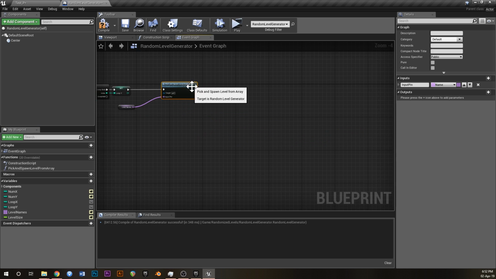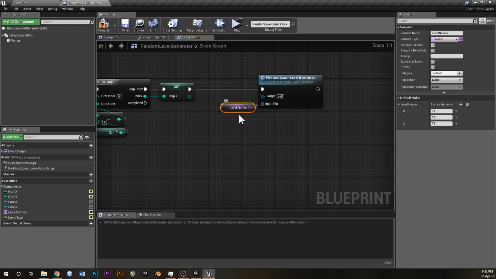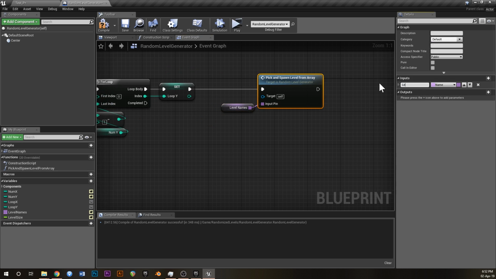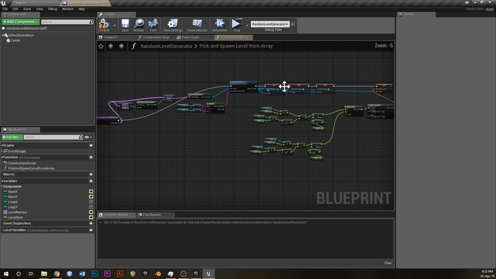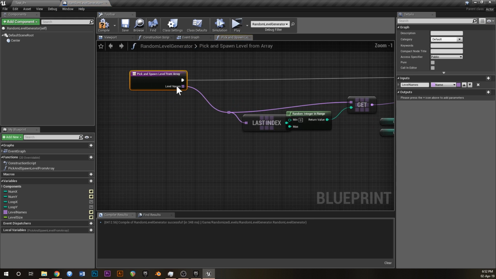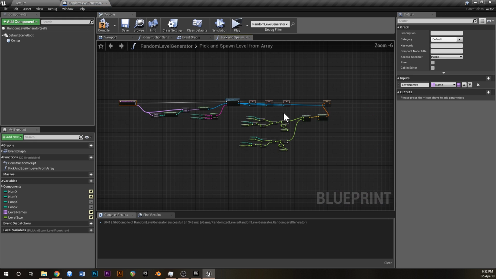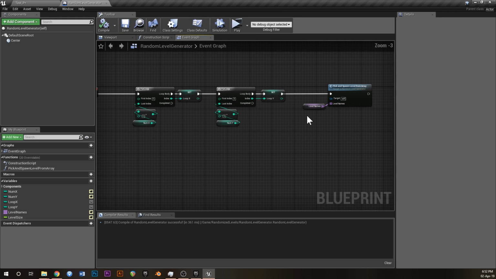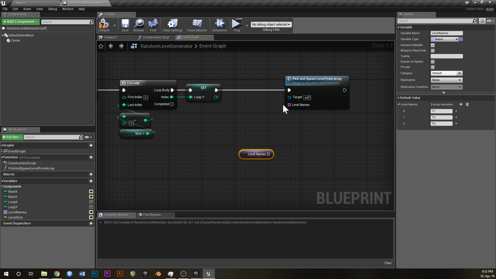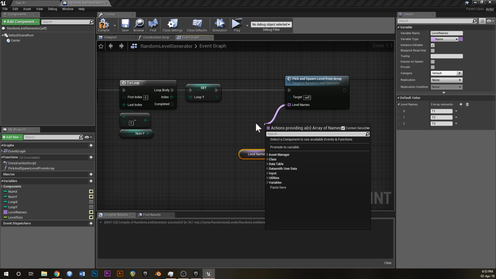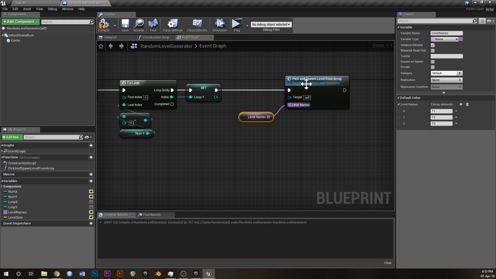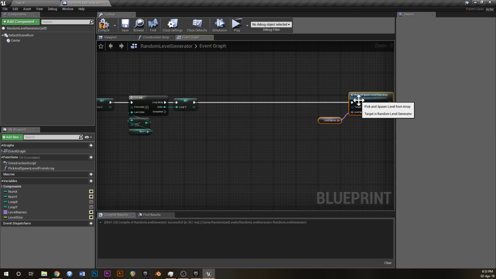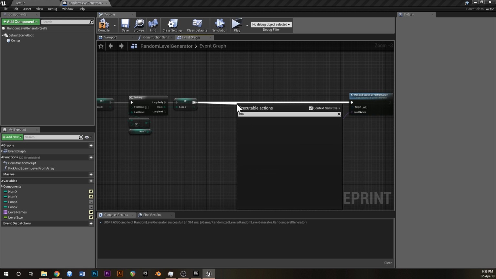So now what we've got is a neat little function which takes in an array of level names. So we'll call that level names. And then what that function is going to do is it's going to pick a random level name, and then it's going to spawn it in the grid at the current loop and the current x and the current y. So that's neat. So if we wanted, we could just take that out and we could add an entirely different set of levels there. And the reason that we want to do this as a function like this is because now what we can do is we can drag this out a bit here, and we can also say,